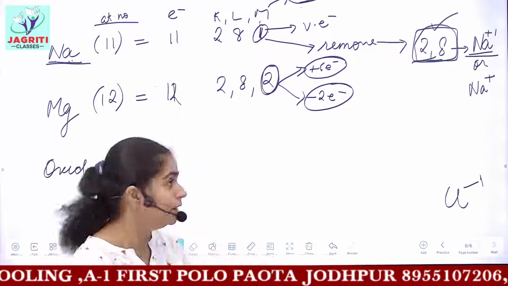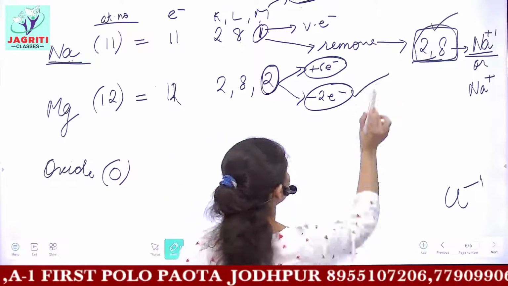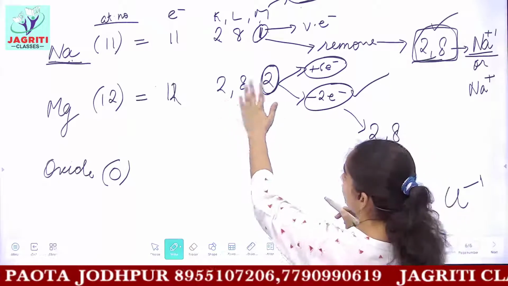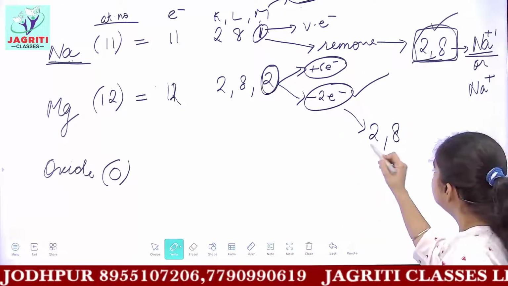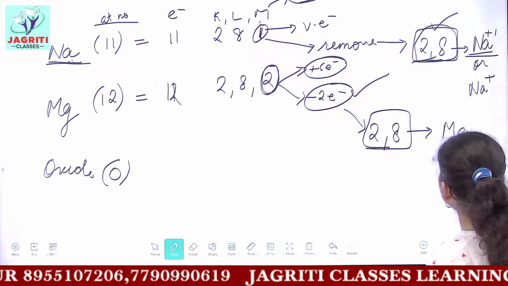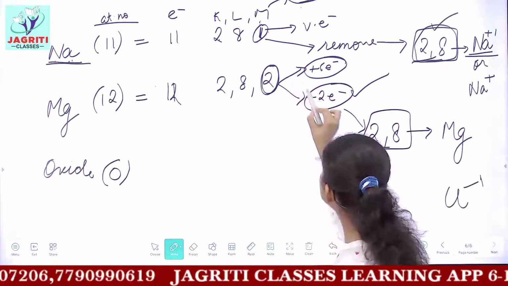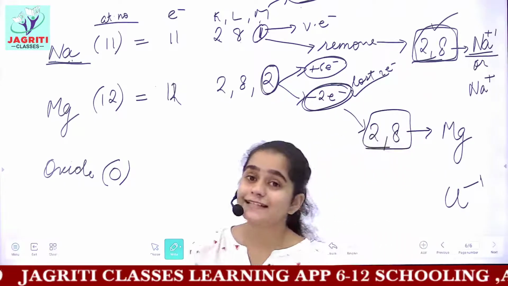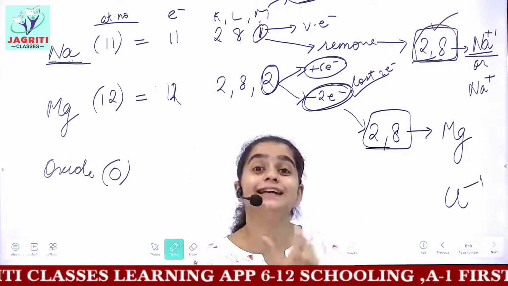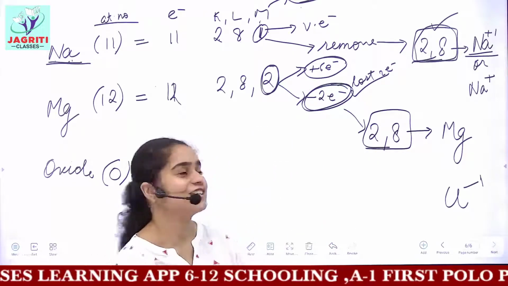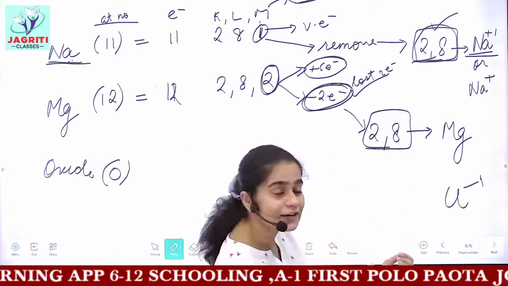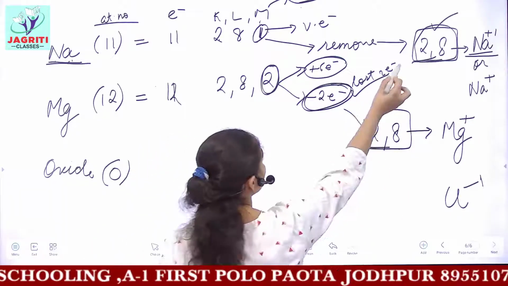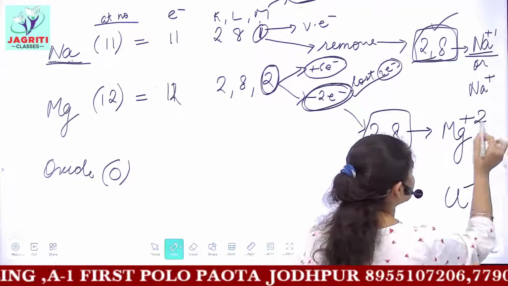It is easier. So what magnesium does is, magnesium loses these 2 electrons and the configuration we get is 2, 8. Okay, these are lost or left. Now magnesium would attain a plus or a minus sign. Here in this case, magnesium has lost 2 electrons. I already discussed that when a species loses 2 electrons, it attains a positive charge. Correct. So magnesium on losing electrons will get a positive charge. And how many electrons did magnesium lose? Magnesium lost 2 electrons. So it would get a plus 2 charge.